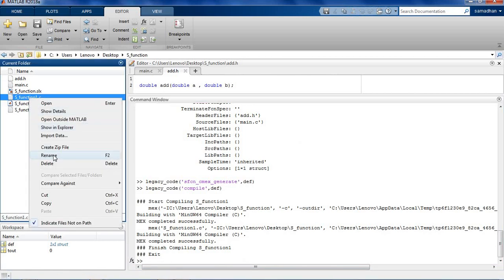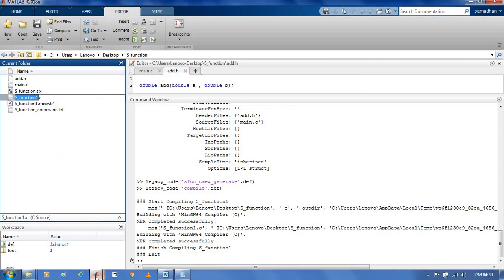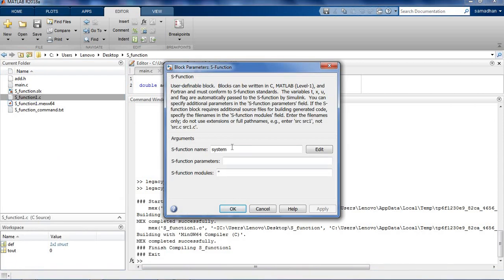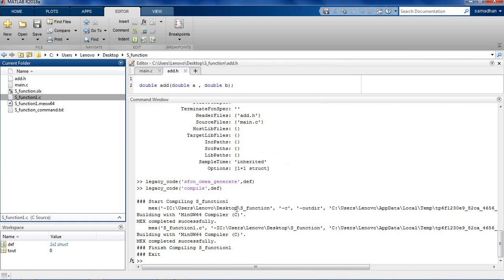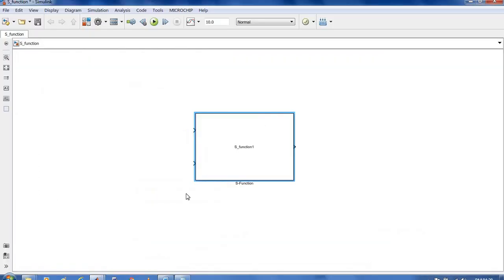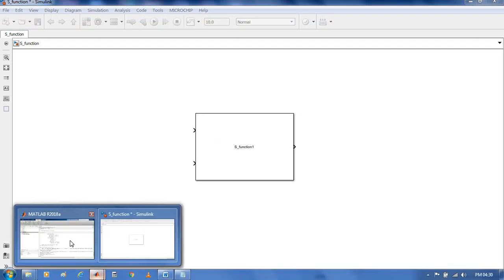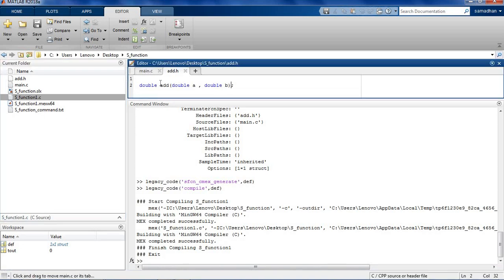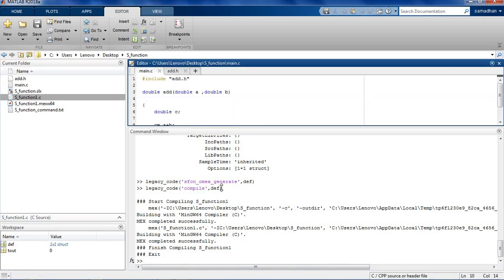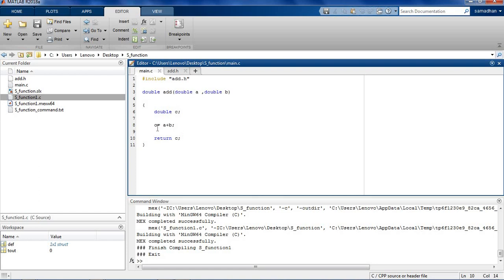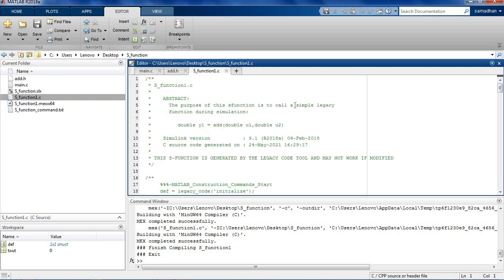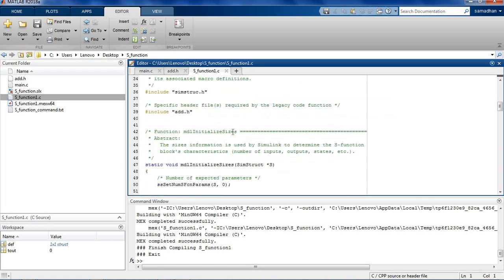So I'll copy this name and put it here, and then I have to apply and okay. Then see, two inputs are automatically added and one output, as in our code. For that purpose, this sfunction.c file is created.